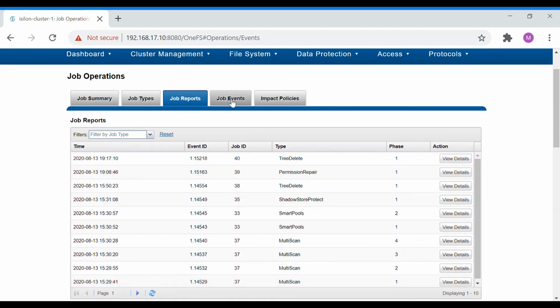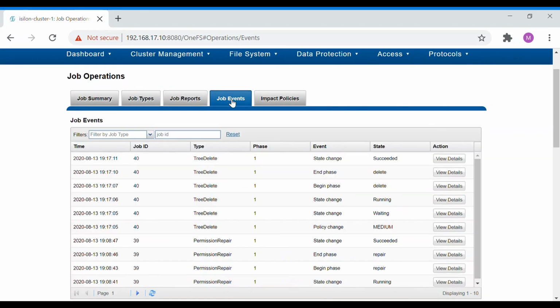And next is the job events. The job events will have the events of each job that is running. So here you can see for the tree delete we have these events. The first phase is policy change and state change, begin phase, end phase, and again state change.